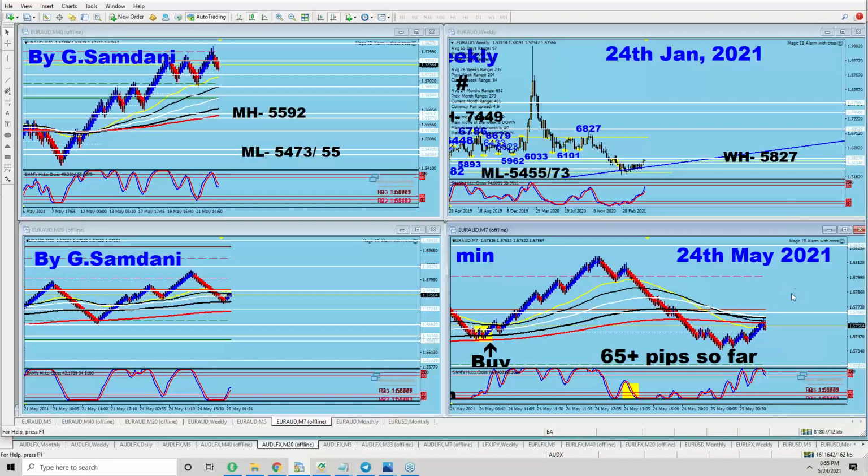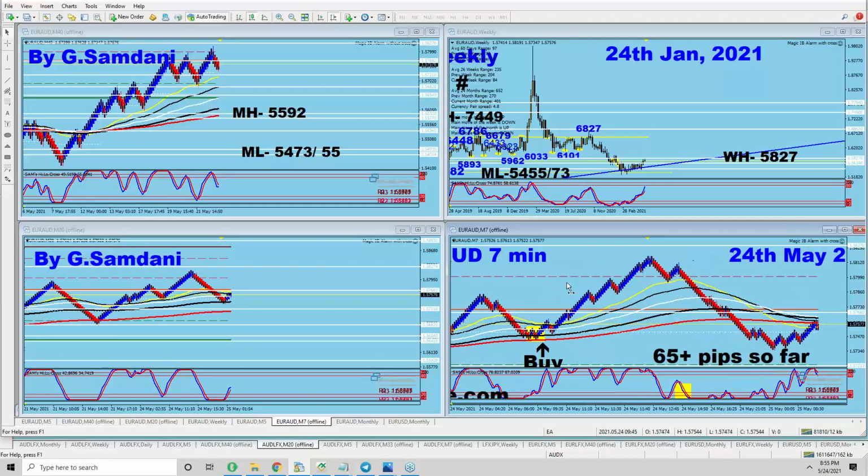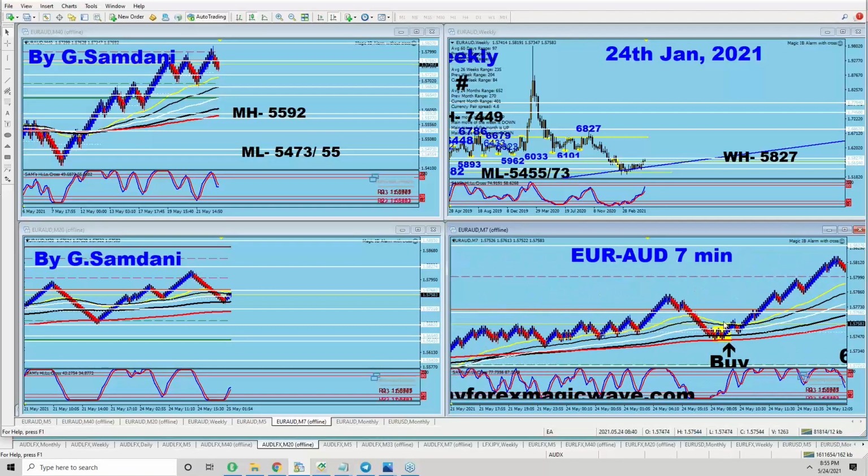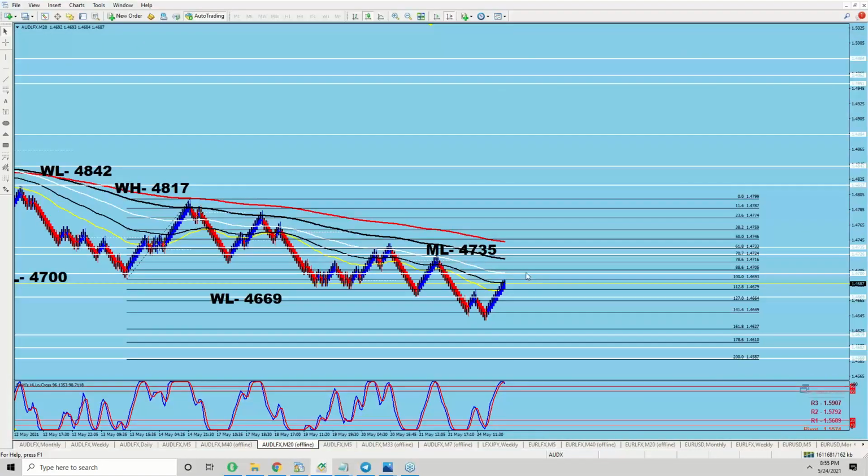Maybe it gives me a long setup here, just like this one. You see this? The price goes up, gives you the long setup, long. And then this is already long. So as soon as it starts to go up above this level, I can simply open the trade here, after I see a short red candle, right? So if this thing is going down, Aussie is going to get weaker.